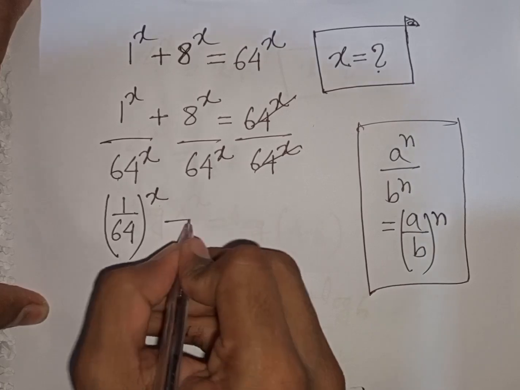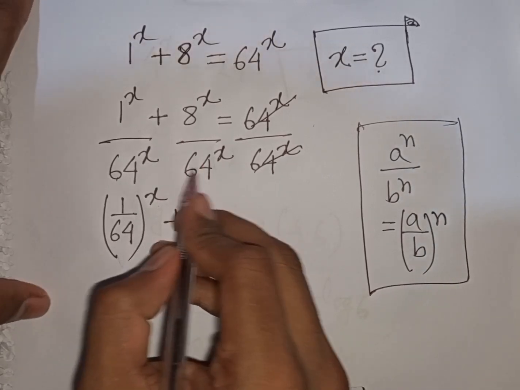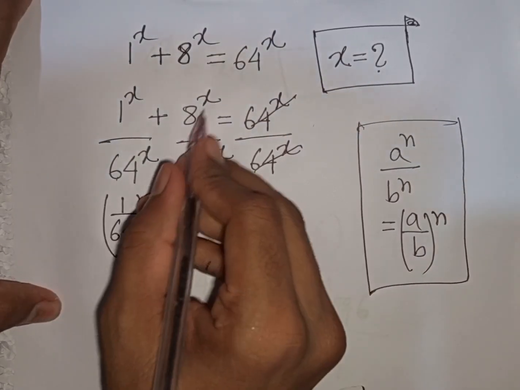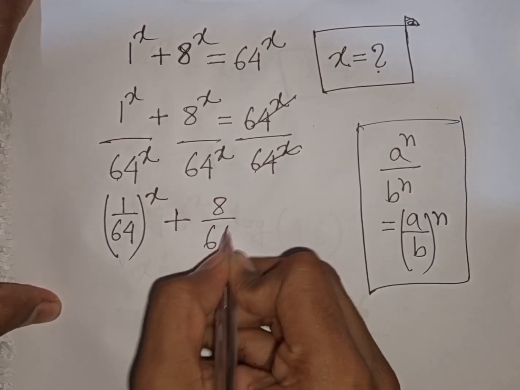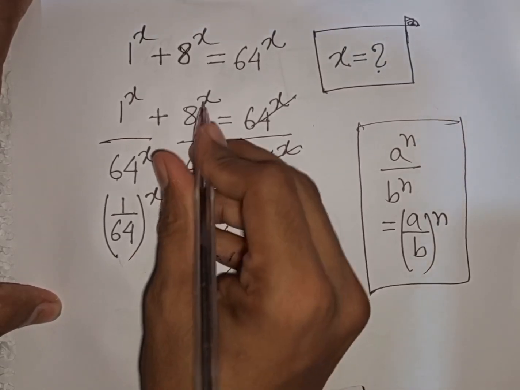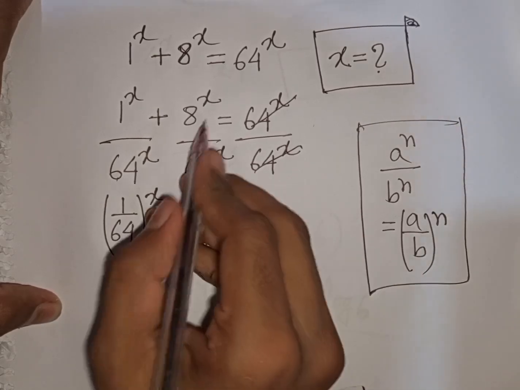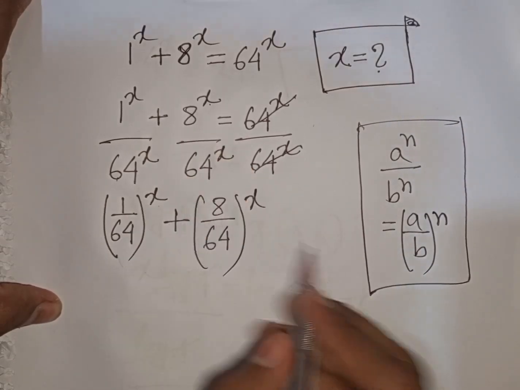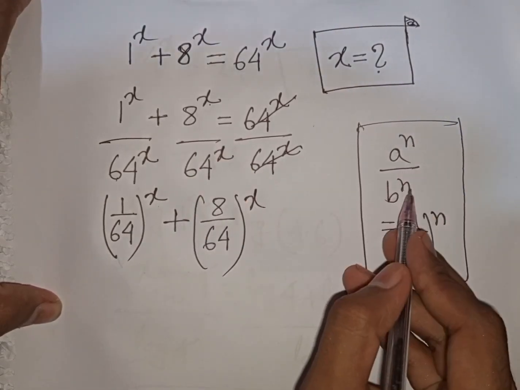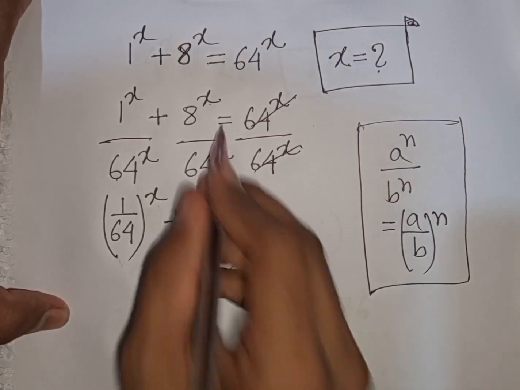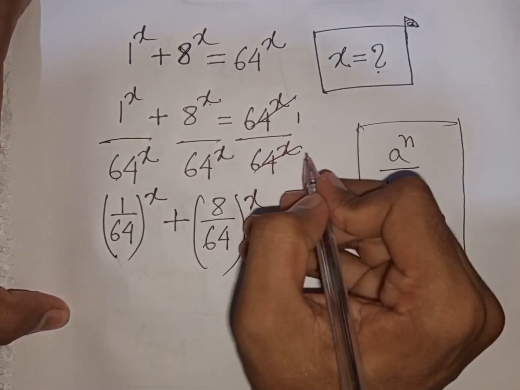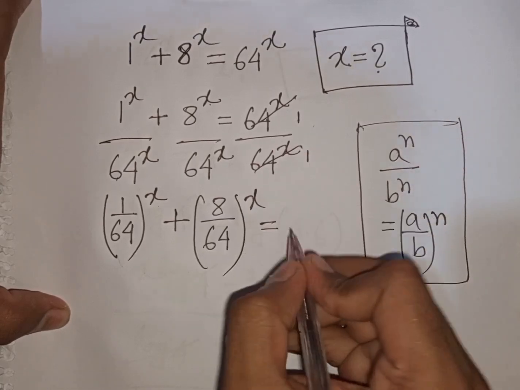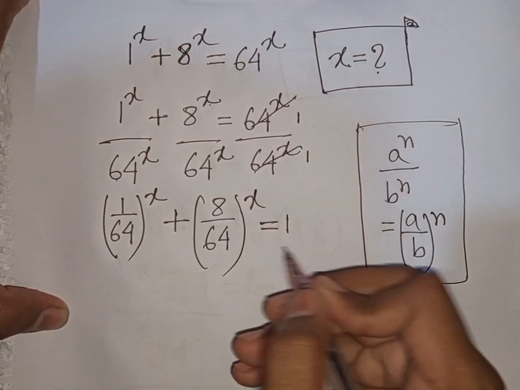then plus, here we can apply this formula again. So, it will be 8 over 64, then bracket common power x, the same power but different base, then is equal to, here on the right, 1 divided by 1, that means it will be 1. Now,